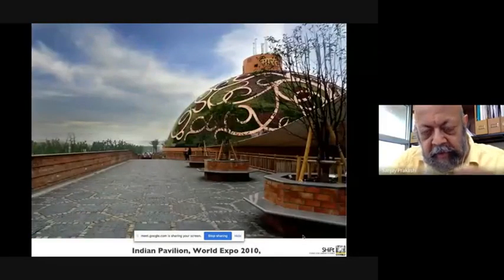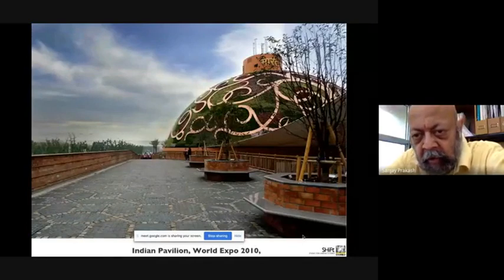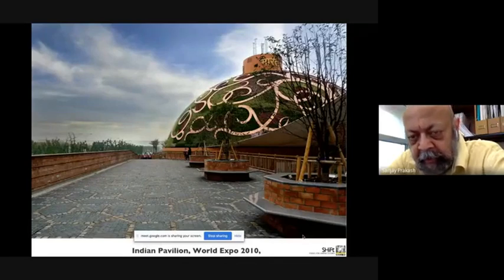Yeah, so this is a little bit different. Over the years, we had developed the art of bamboo technology in the sense that we had seen that bamboo is an excellent material, though seen as a poor man's timber.